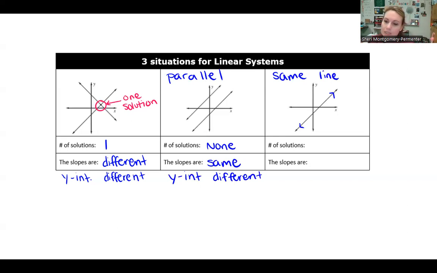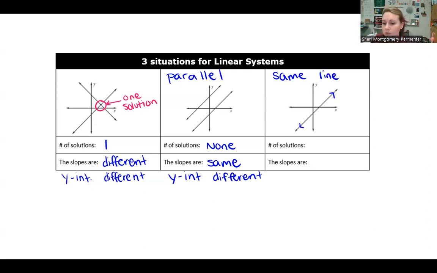So they're actually the same line. So where do they touch or cross each other? They're always touching. So the number of solutions, it's more than you can count because they touch at every point